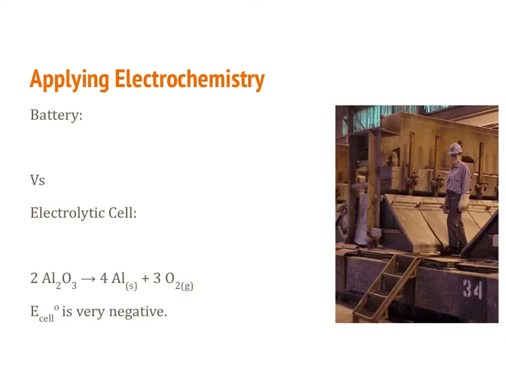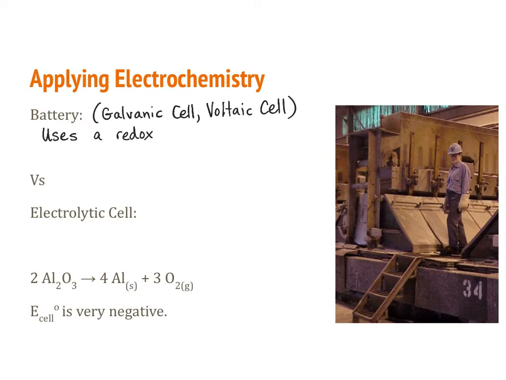In this video, we will focus on what an electrolytic cell is. Already in this chapter, we've learned about a battery, and we know that it goes by several names. In addition to saying it's a battery, you also might call it a galvanic cell or a voltaic cell. And no matter what you call it, it uses a redox reaction that's spontaneous. So in other words, it has a positive E cell